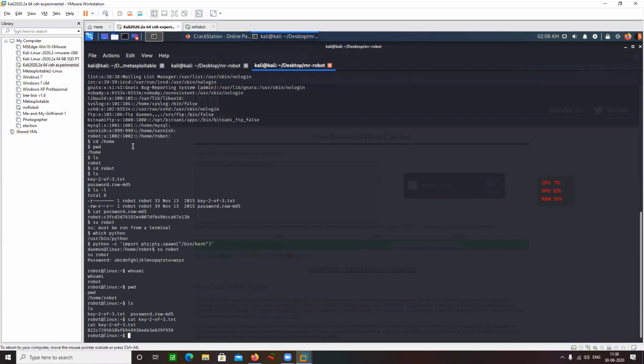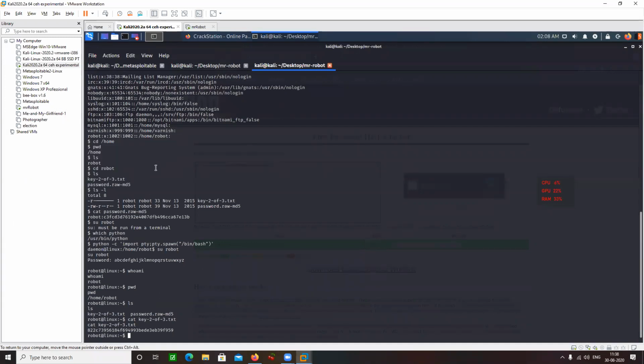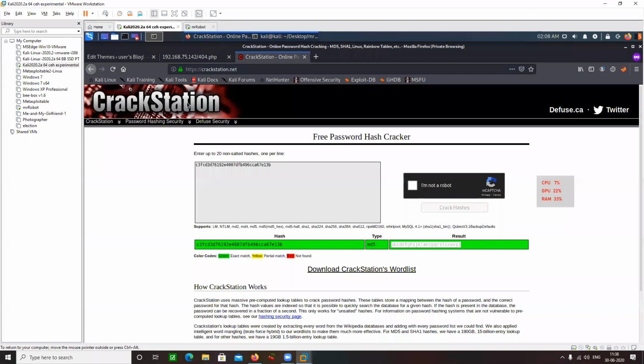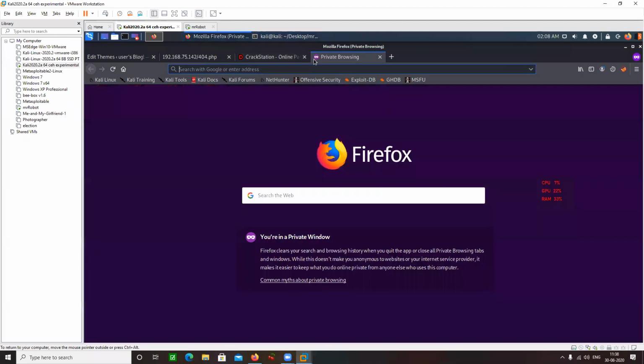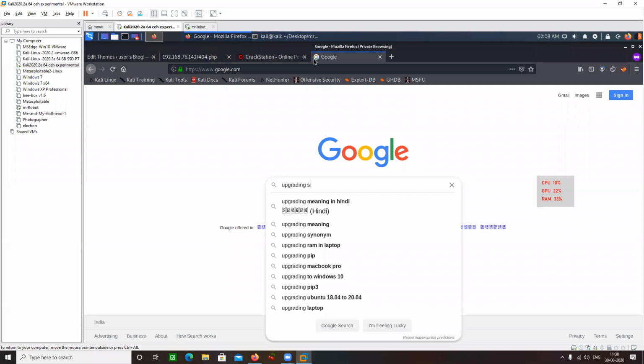Basically, what happens is a lot of times when you are doing this kind of CTF, you get what is known as a dumb shell. The shell that you get is a dumb shell, as there is no autocomplete functionality, no tab autocomplete, or up arrow, down arrow. So there is a process of upgrading your shell from a dumb shell to a stable shell. Let me see if I can get that guide. Upgrading shells.